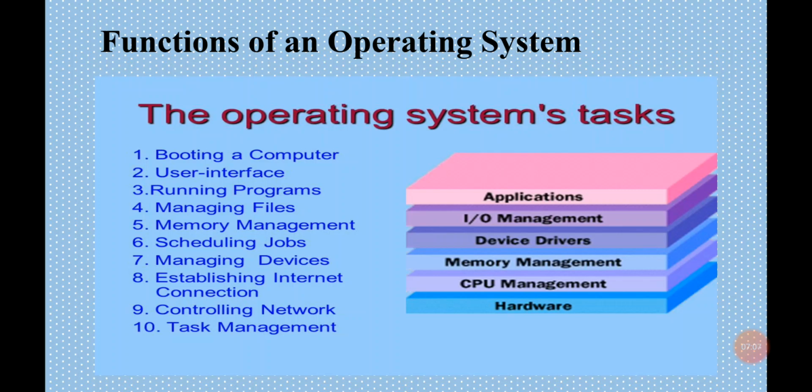And running programs: it is responsible to run all the applications, all the software in the computer system. Then managing files: it manages the files and the folders also. Then memory management: it handles the memory of the computer system by assigning memory space to different programs for functioning, and makes the memory free from unnecessary files. Means when and where to keep data, in what way to keep it, how much space should be occupied by a file and where it will be. So this kind of thing is done by the operating system.